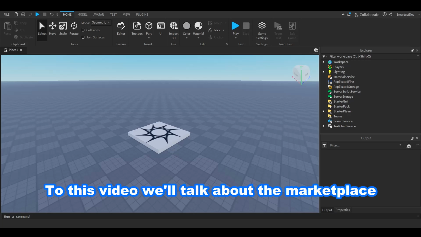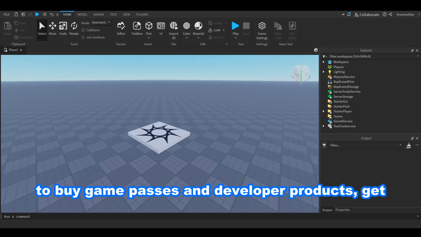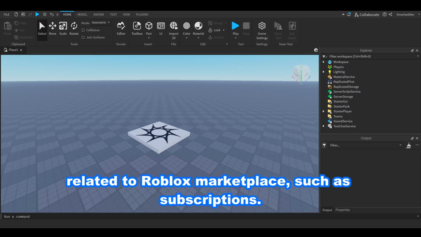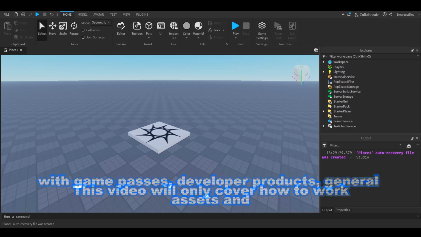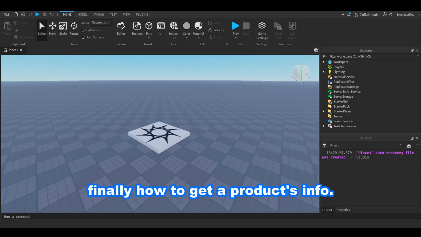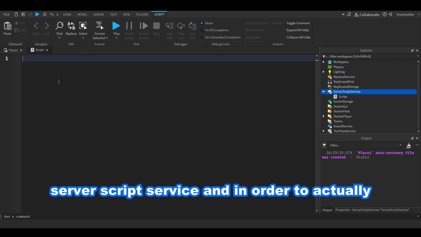Today's video will talk about the Marketplace service. This service allows you to ask the player to buy game passes and developer products, get an asset's information as well as other things related to Roblox Marketplace, such as subscriptions. This video will only cover how to work with game passes, developer products, general assets, and finally how to get a product's info. Okay, so I will add a script in ServerScriptService,